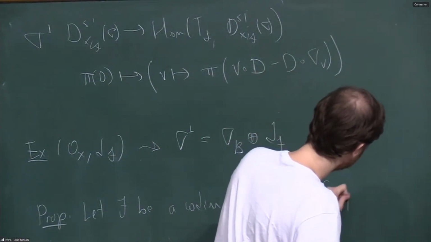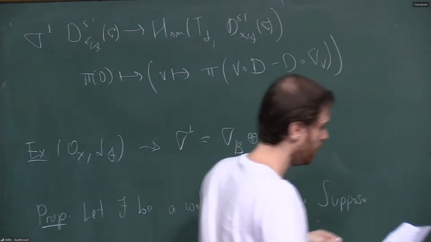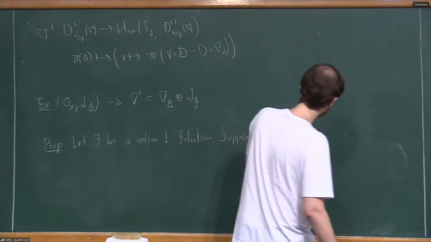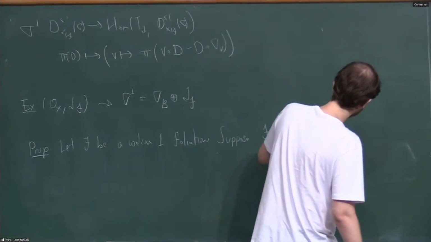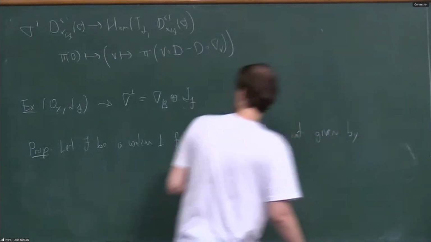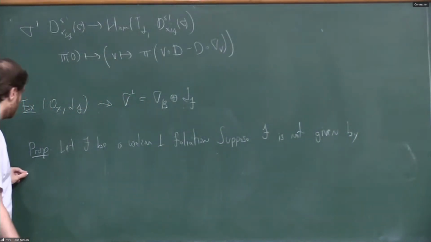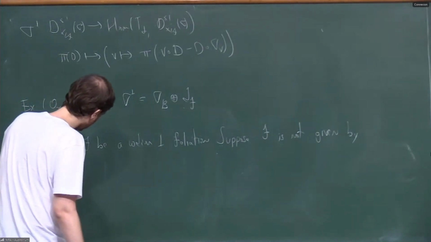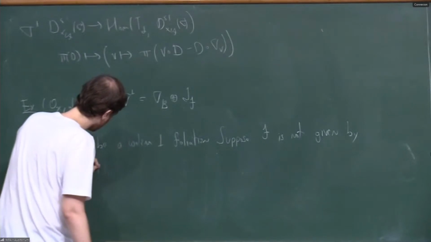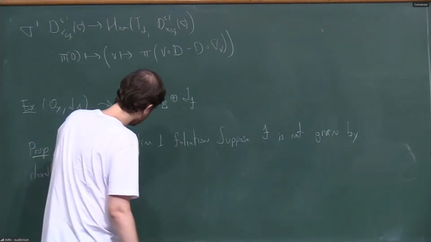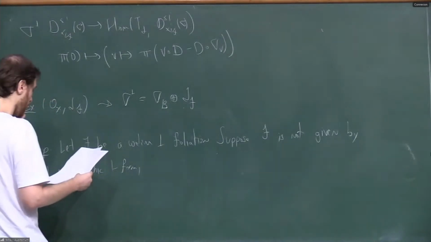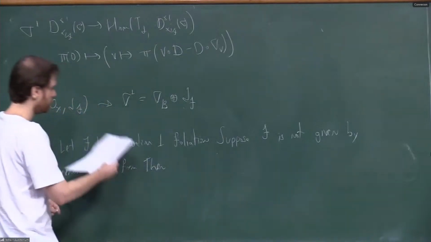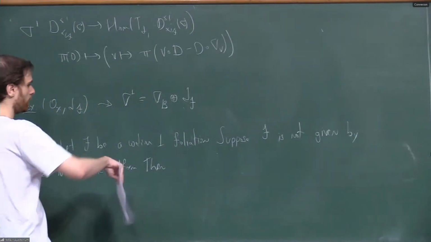Suppose F is not given by a closed meromorphic one form. Well, this is the only assumption that we're making. Then